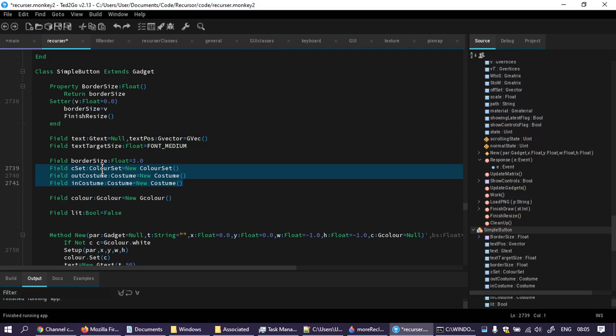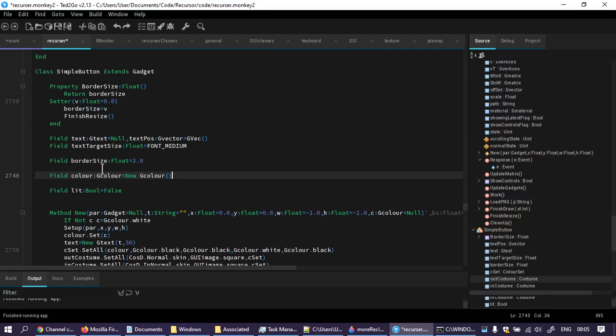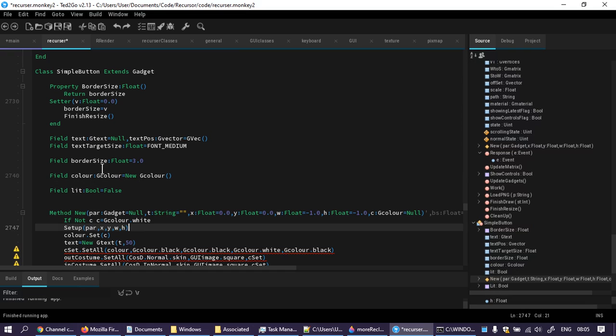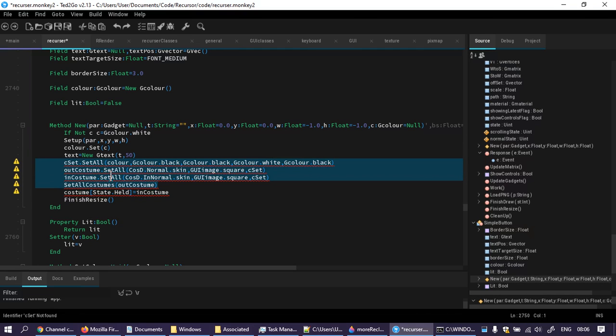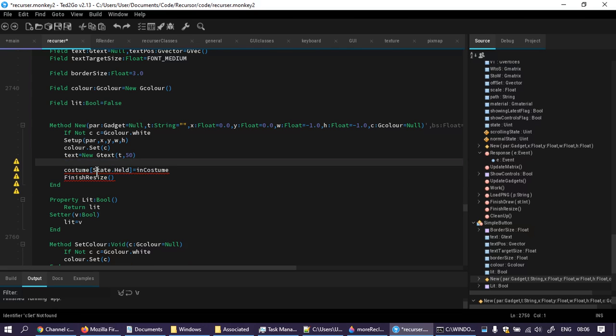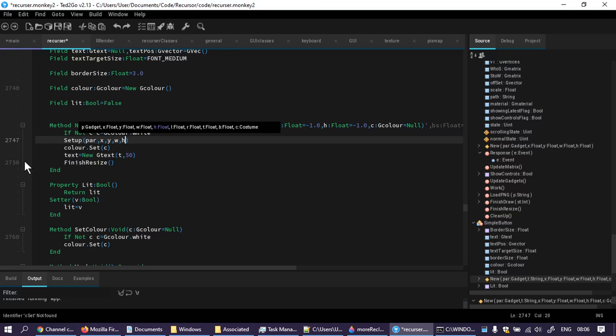I'm going to build it a hacky way. I'm going to take out those, I'll keep the border size, I'll keep the colour. This all goes. This costume state held in costume. That goes. This gets